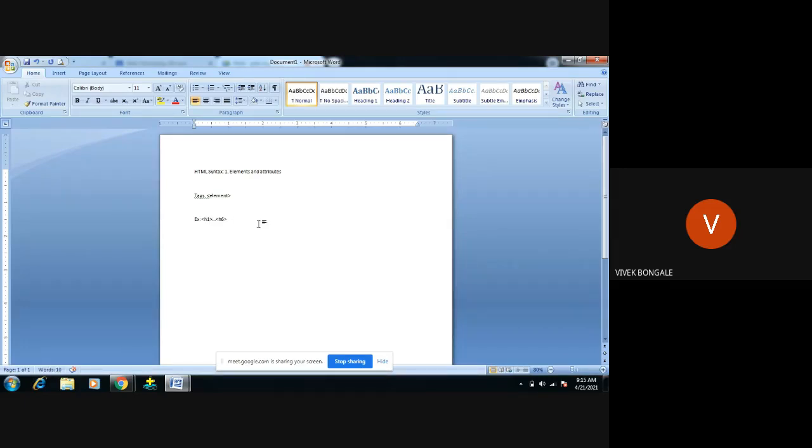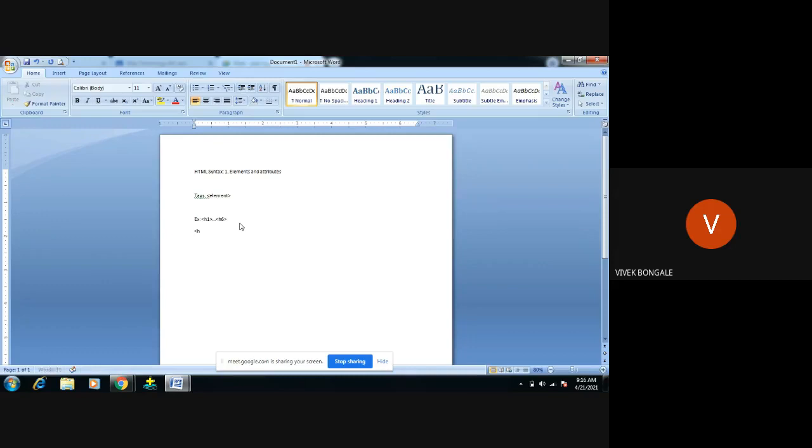If we say h1 is an element, then in an HTML element we have two basic properties. Within this element we write either an attribute or a content.